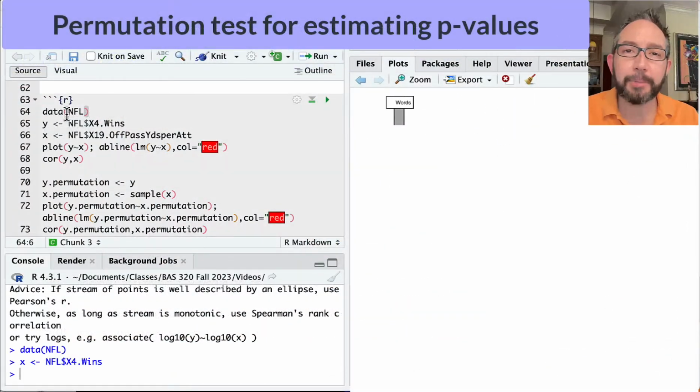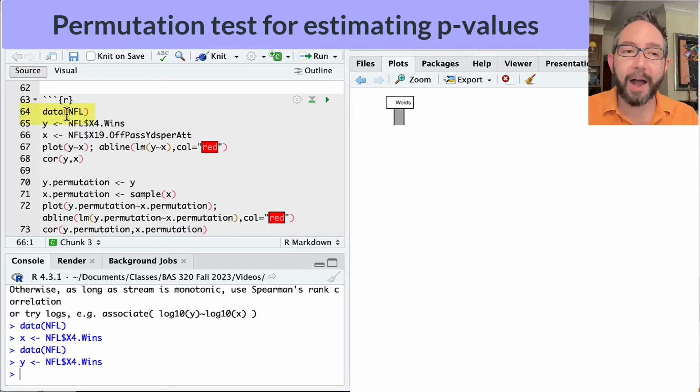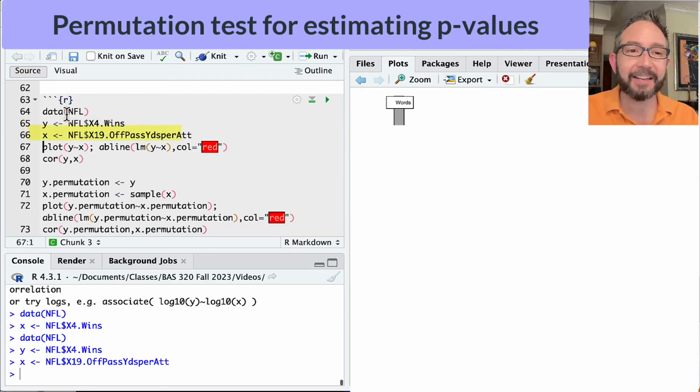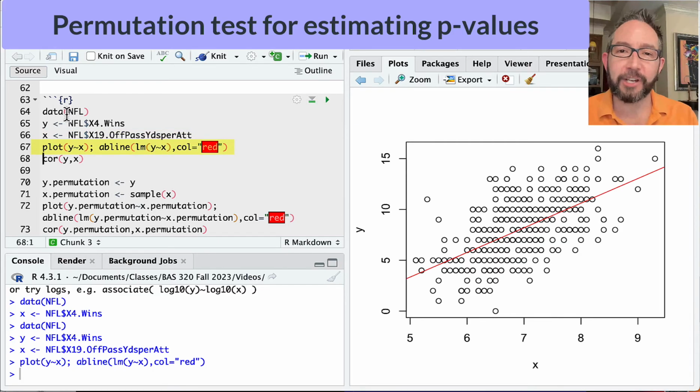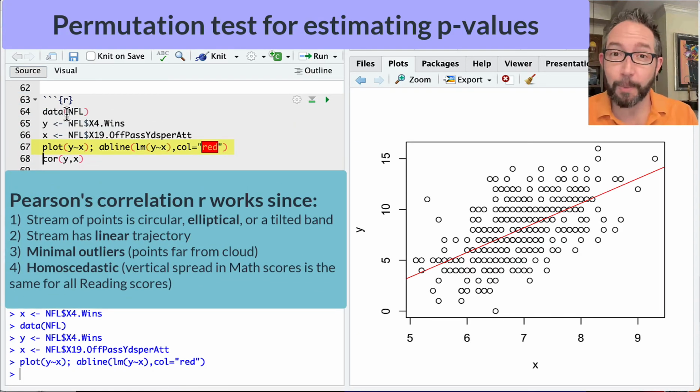So for an example, visually at least, of how the permutation procedure works, let's look at some NFL data. Let my y variable be the number of wins over the course of a season, and let x be the offensive pass yards per attempt. So how many yards is the team getting on offense when they attempt to pass here? Now, if we make a scatter plot of this association, we find that Pearson's correlation would be appropriate for measuring